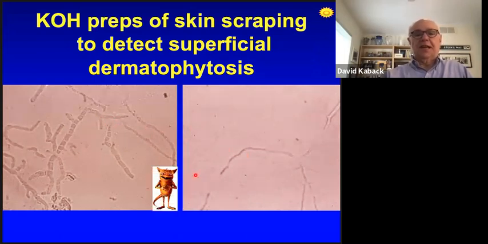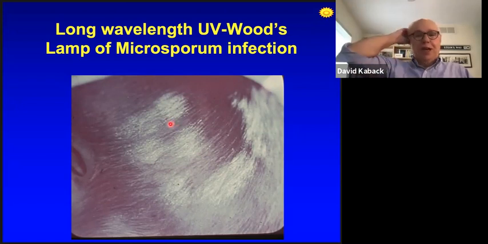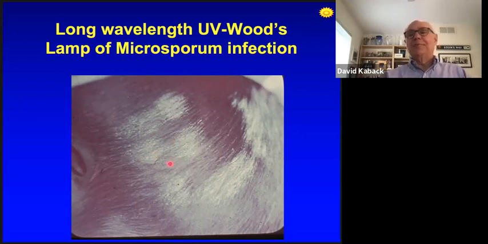Doesn't look like this guy. Or again, Microsporum, you shine an ultraviolet light on it, not a short wavelength, those are mutagenic, a long wavelength ultraviolet light, the black light that you find in an amusement park is what you use,